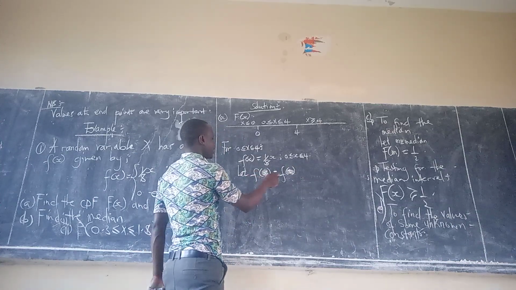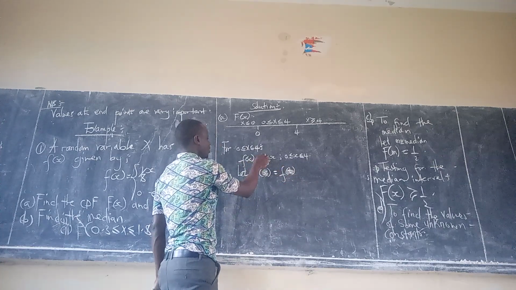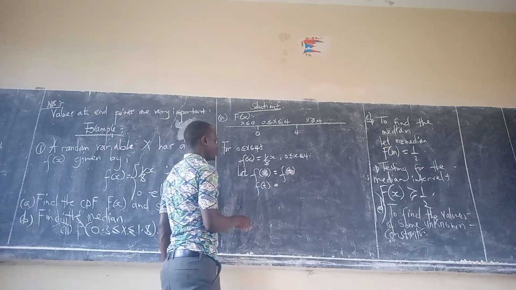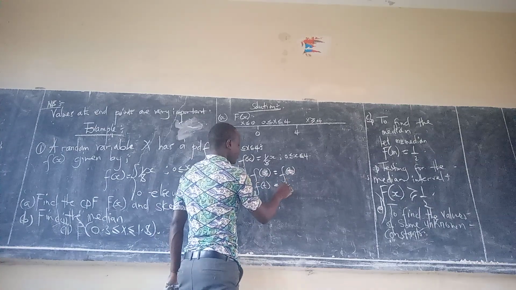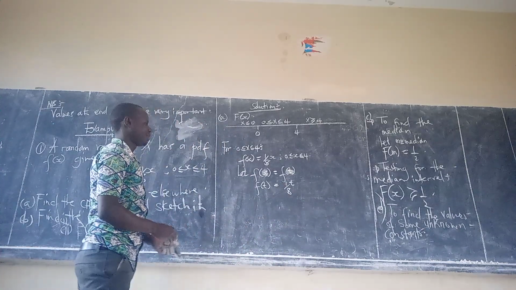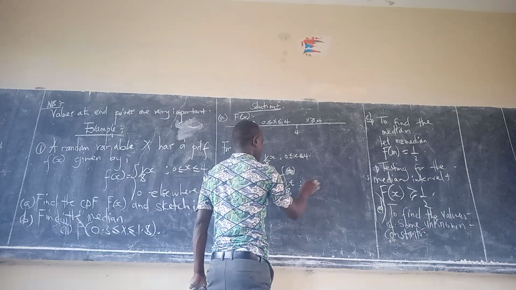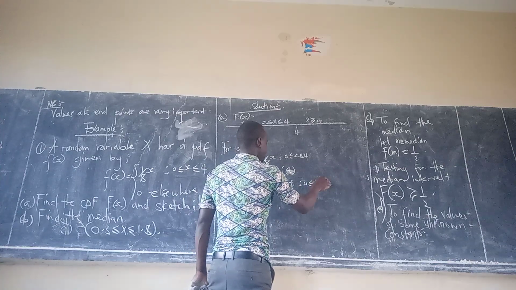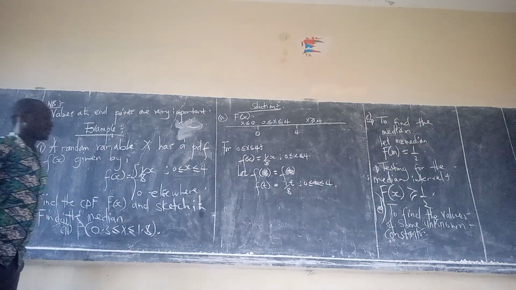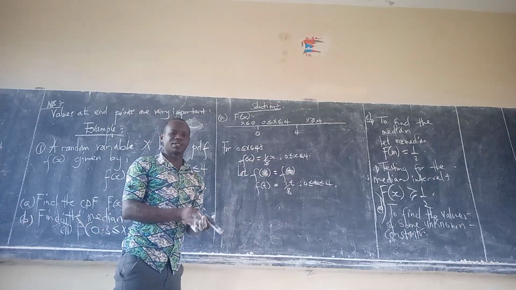And if small f of x becomes small f of t, remember small f of x is 1 over 8x. So if it is now small f of t, it will be 1 over 8t. Where there is x, you put there a t, and it will now run from 0 less than or equal to t, less than or equal to 4. Now after converting the x to a t,